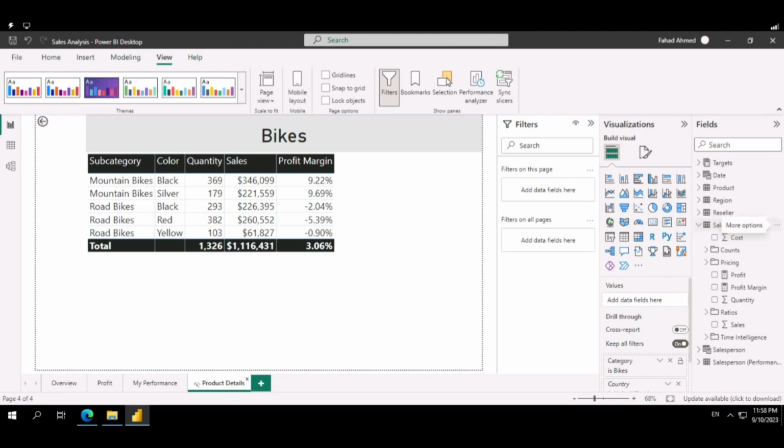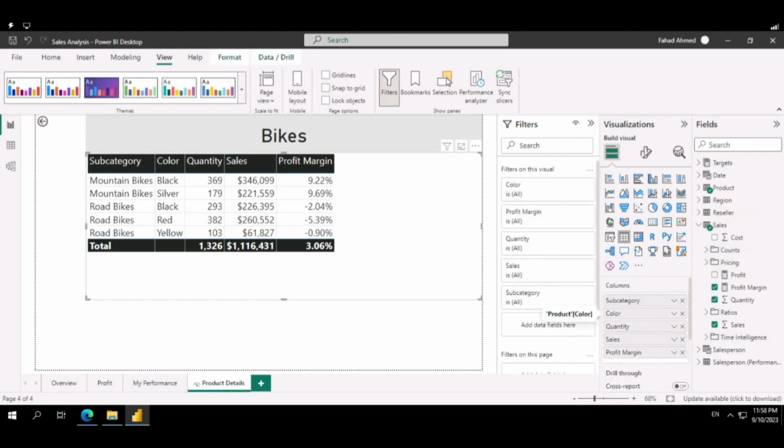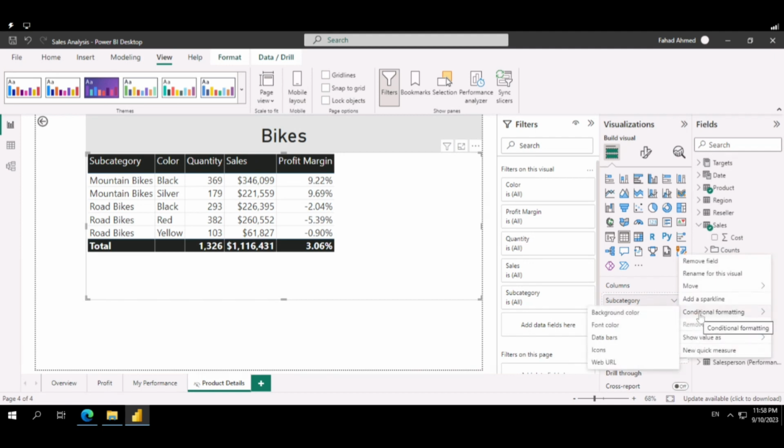So now we'll add conditional formatting. We will enhance the drill through page with conditional formatting, and add more colors and notifications as well. In order to add conditional formatting, in the product detail page, we will go to the columns here, and then select profit margin. We'll just hover and drop down, and there is an option for conditional formatting. We will go and click on icons,